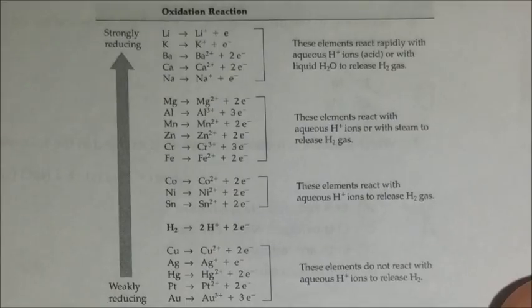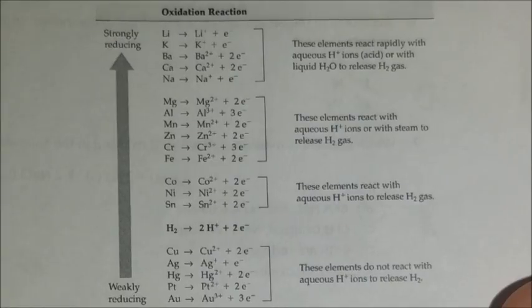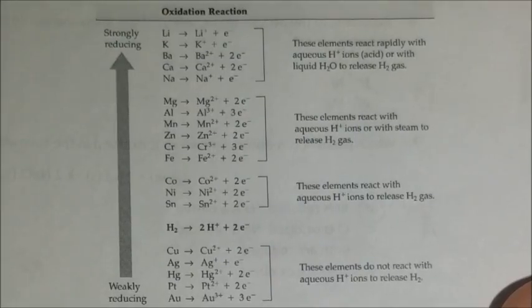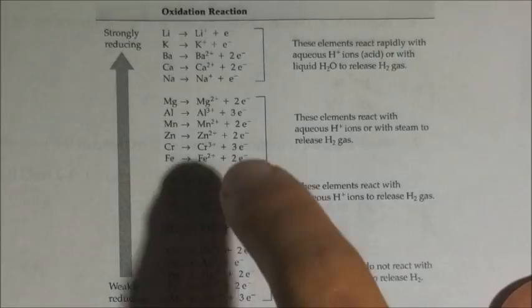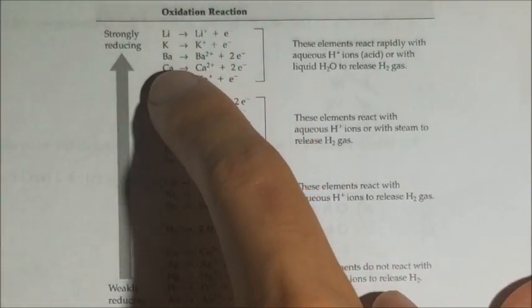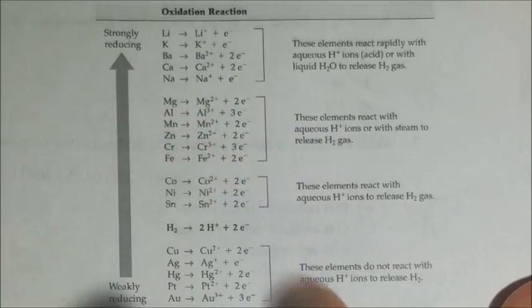And lithium happens to be the element that does it the best. So it has the most reducing power, which means that it will reduce just about anything. So it would be the strongest reducing agent, which is why it's on the top of this table. And things that are listed down below lithium are elements that are also fairly strongly reducing, like